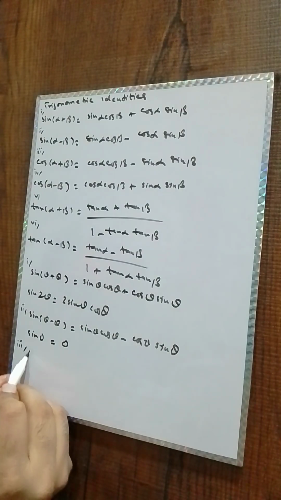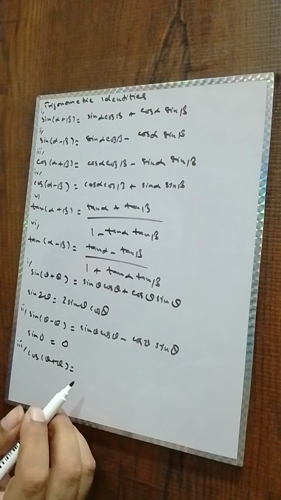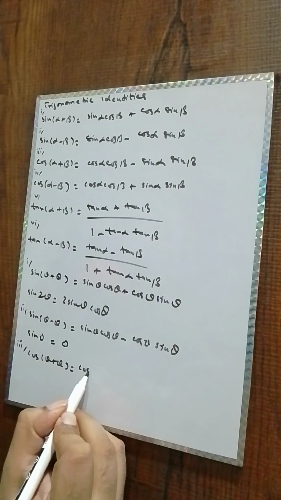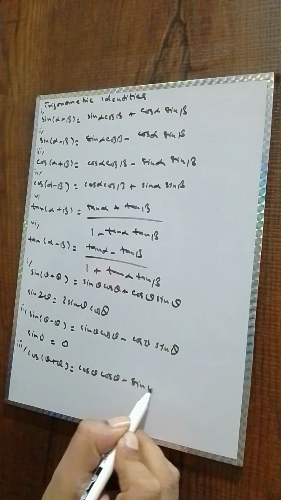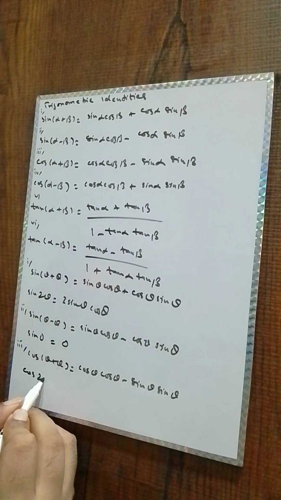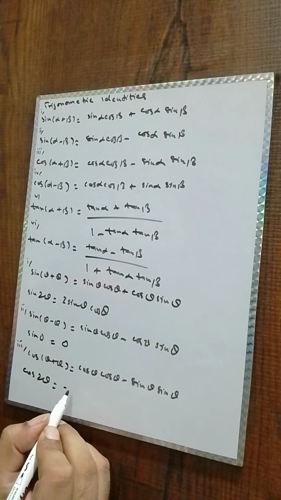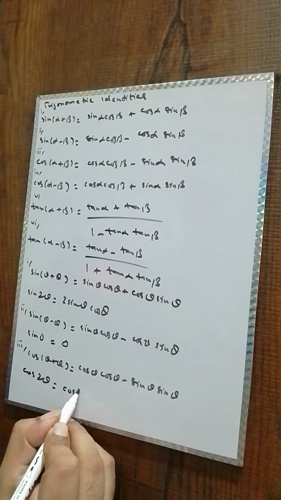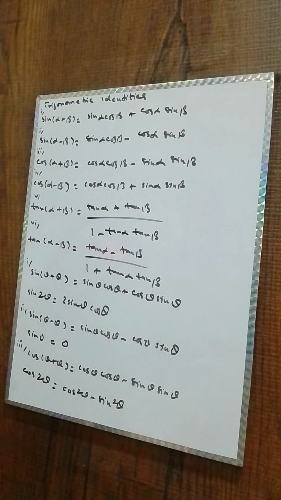The third one, cos of theta plus theta is equal to cos theta cos theta minus sine theta sine theta, which is cos 2 theta equal to cos square theta minus sine square theta. Yes, if we dig further,